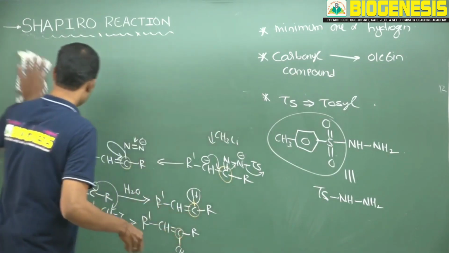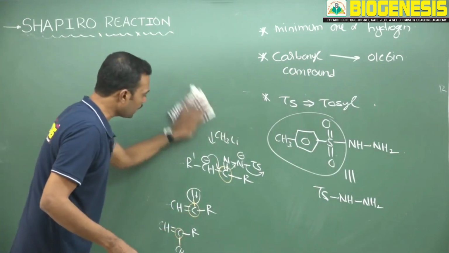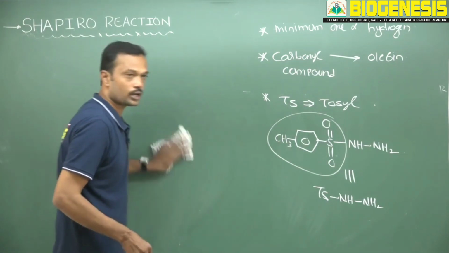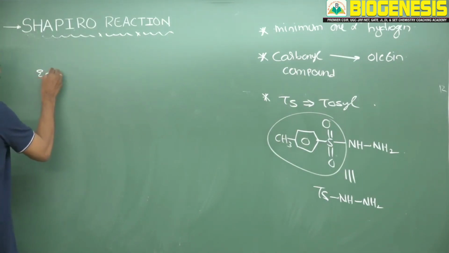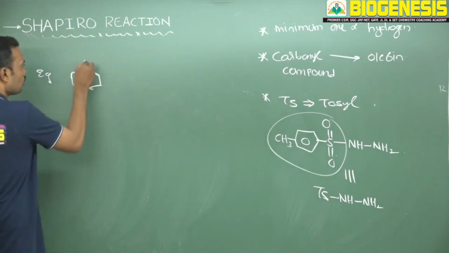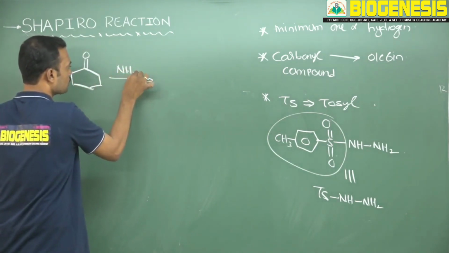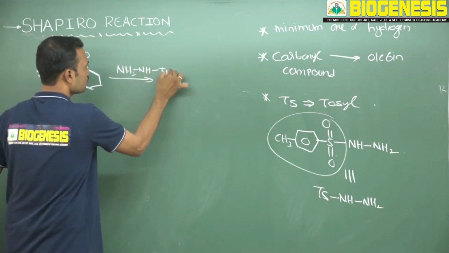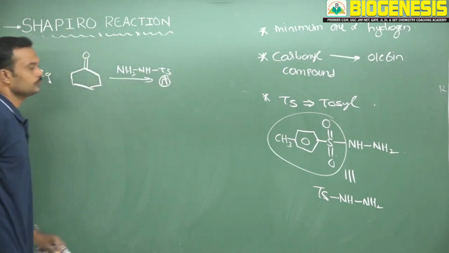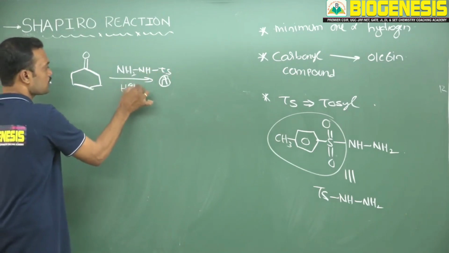Okay. So here, when multiple alkyl groups are present, what will be the strategy for predicting the answer? See, here 2 alpha carbons are present. This is a carbonyl. Now the carbonyl on treatment with NH2NHTs, they will give it like this, in an acid medium. What is your answer A?